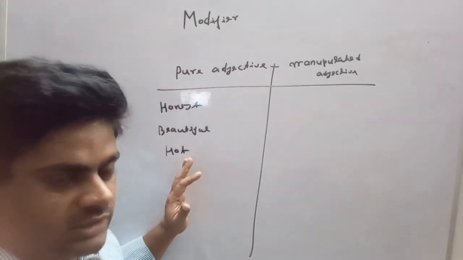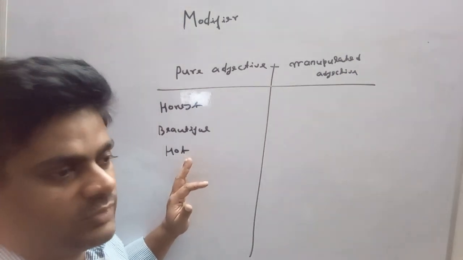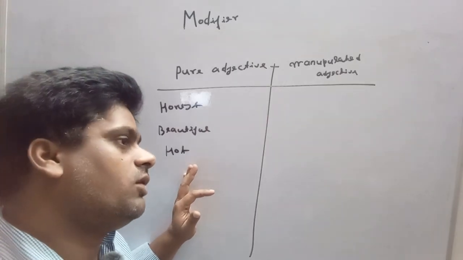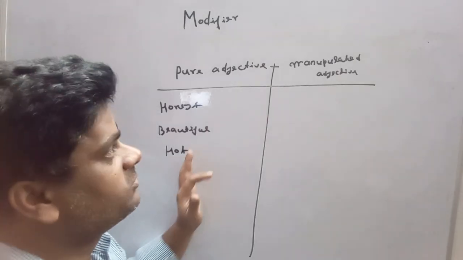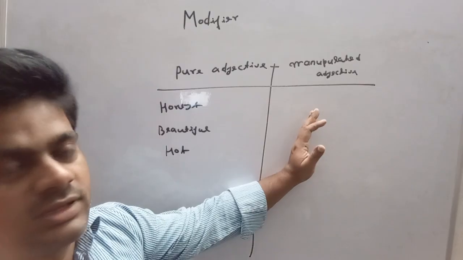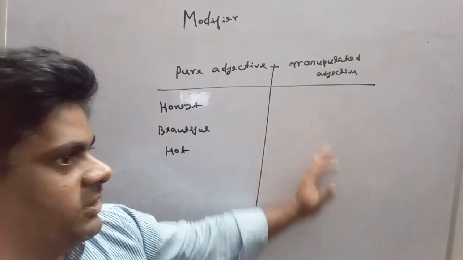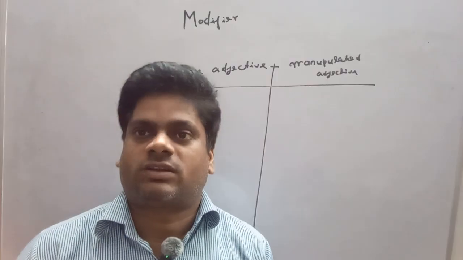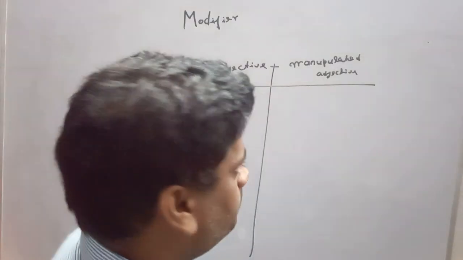They are pure adjectives no matter whether they are working in the structure of the sentence or out of the structure of a sentence. But manipulated adjectives are adjectives only if they work in the structure of a sentence. As I say,